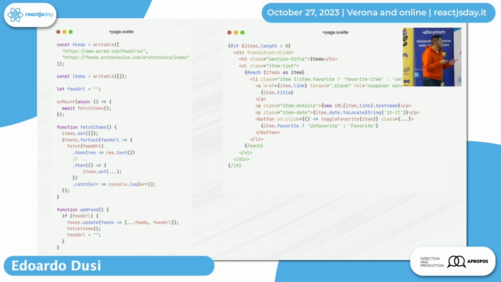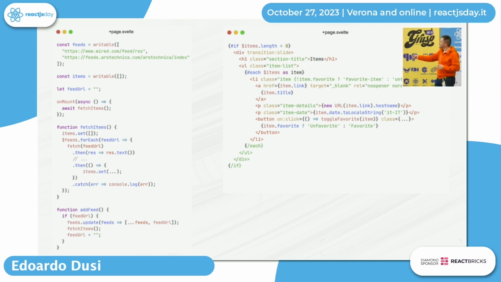When I want to update this store, because this is a store, I want to update feeds. For example, I call feeds.update and add new feeds. With update, I take what's inside and add new values. With set, I set new values.